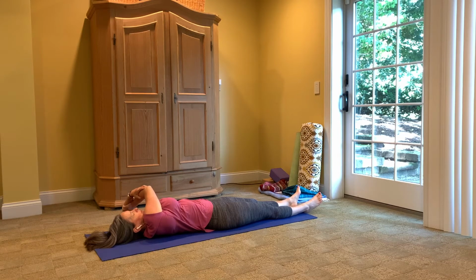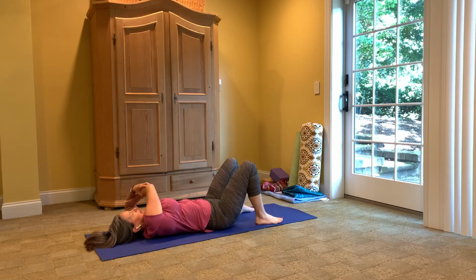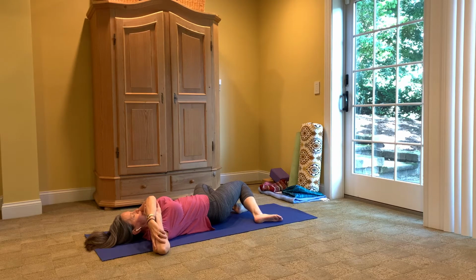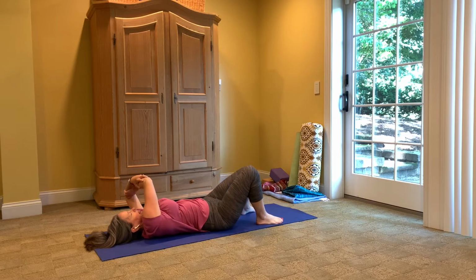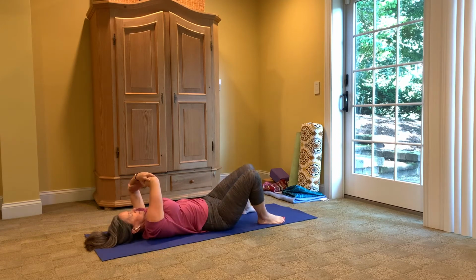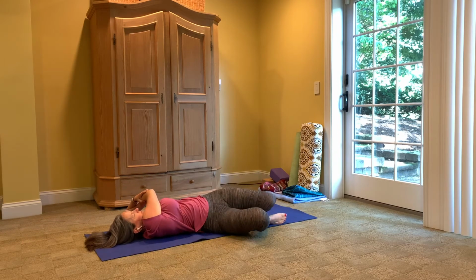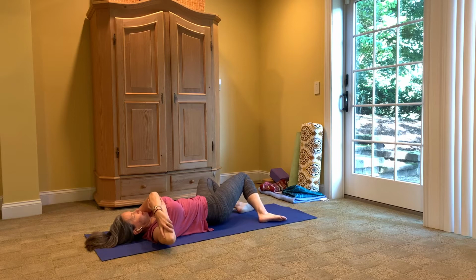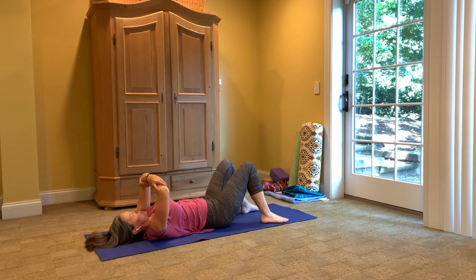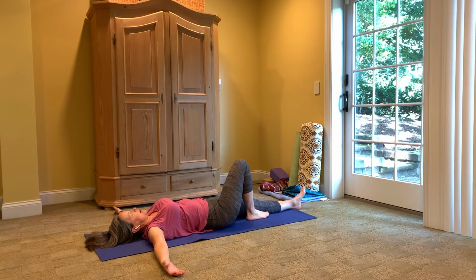And as we move our arms right and left, let's begin by bringing our knees up about hip distance apart and dropping them in the opposite direction. So our knees go to the left, our arms go to the right. And back and forth. Let's do that 5 more times. 4, 3, 2, and 1. Coming to neutral, bringing your arms out to a T, taking your left leg down, bringing your